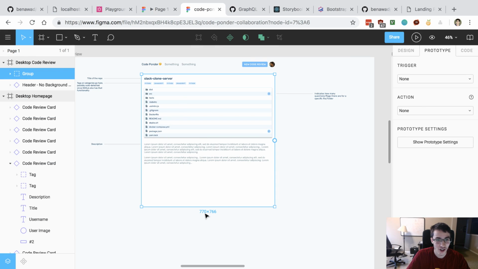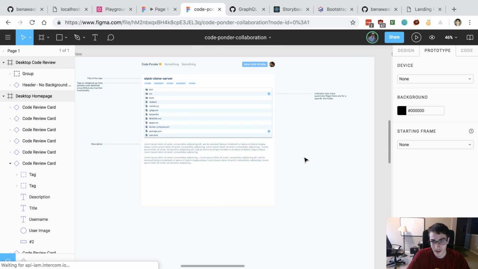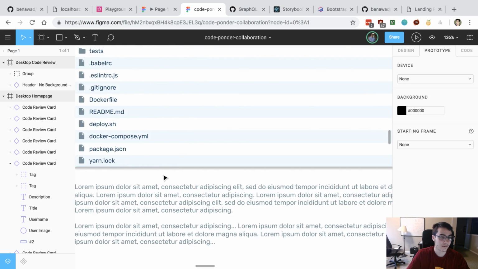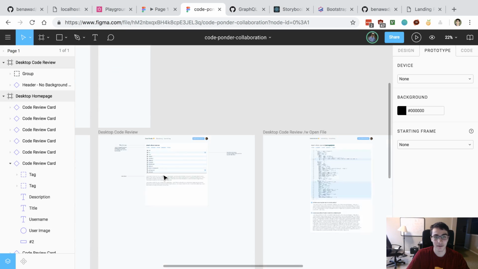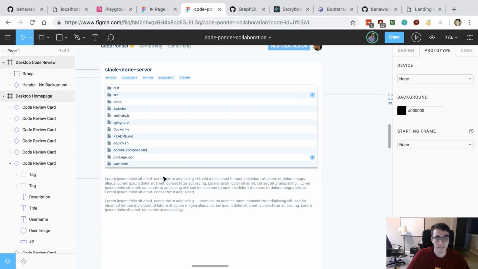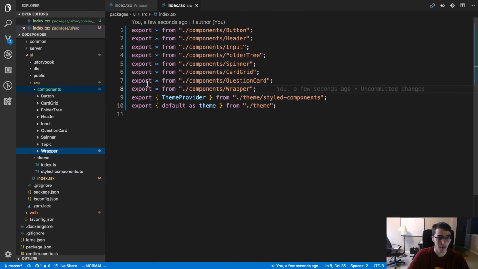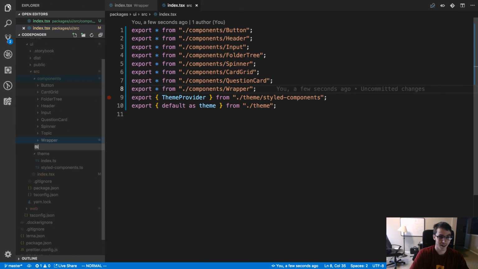This is like a page card. It looks like it has rounded corners. Let's zoom in a little bit. Why don't I just call it big card?